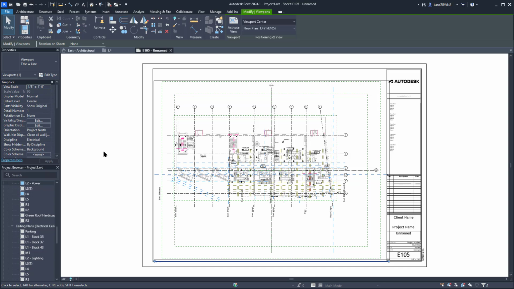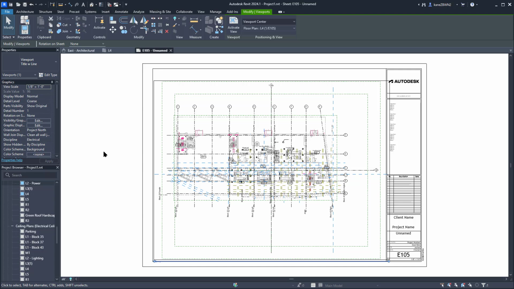Now that we have a viewport, there are a few things we can do with it. We won't look at everything, but I will show you the things you're most likely to use. Something important to bear in mind, the things you do to this viewport will impact the view that it's displaying. So if, for instance, you want the sheet to not show something, but you do want to be able to see it when you're working in the floor plan, or if you want different scales, you will need separate floor